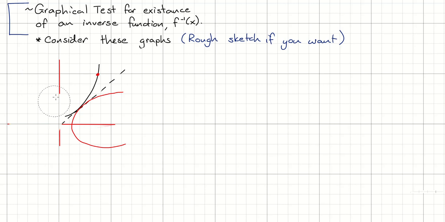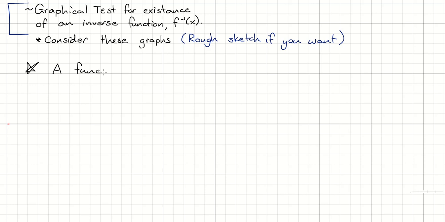However, maybe you've heard this before. We're going to make a quick comment here, and this is super duper easy to state. A function, here we go. Big important statement. A function has an inverse function if and only if, which is just IFF, if and only if it passes,